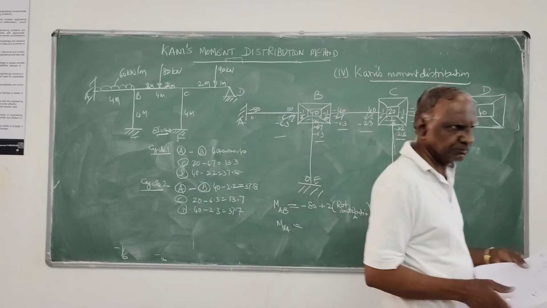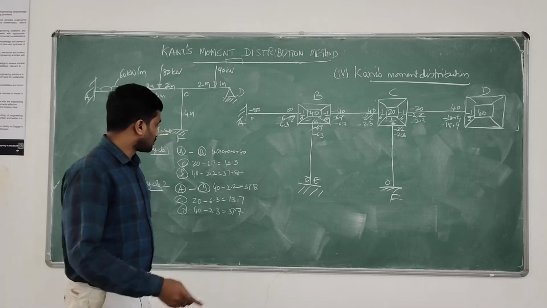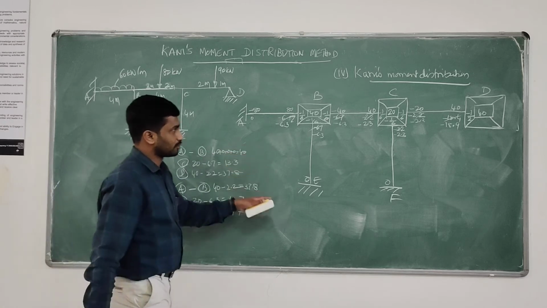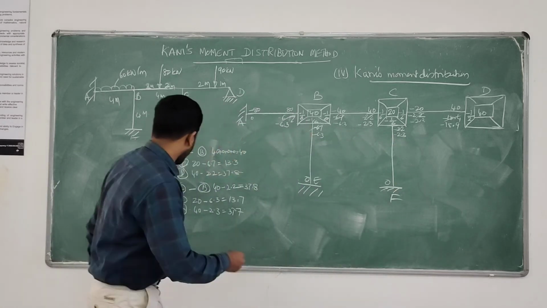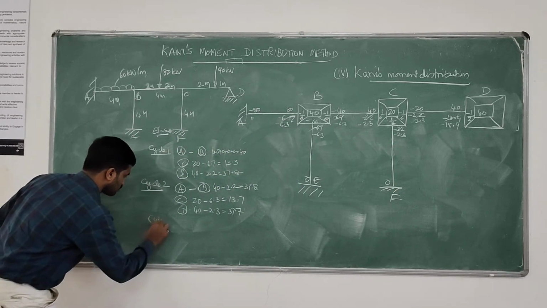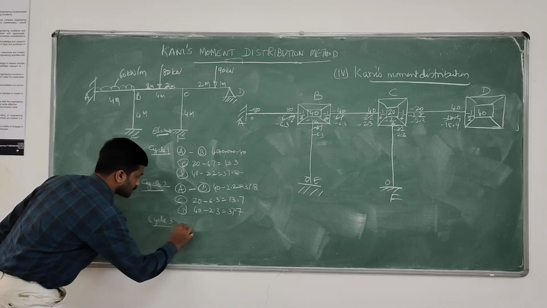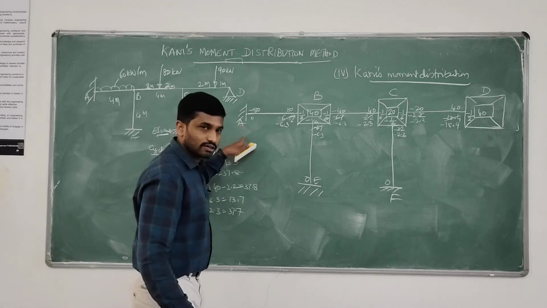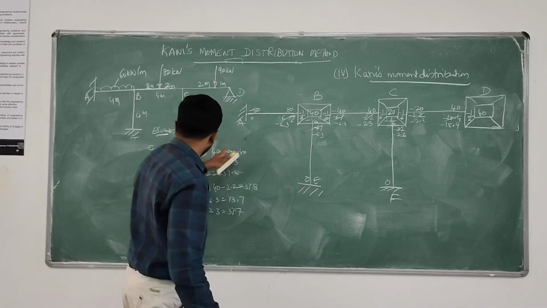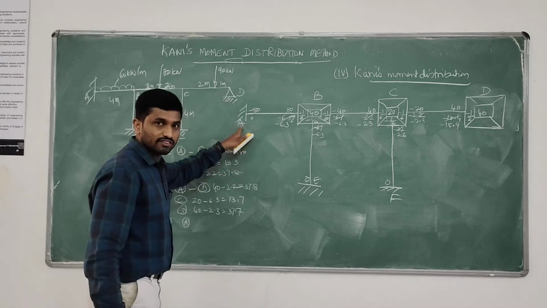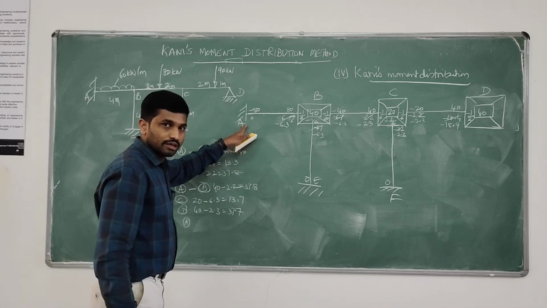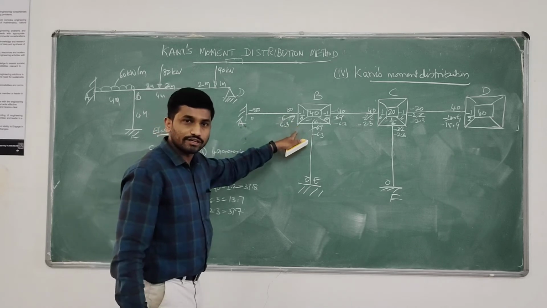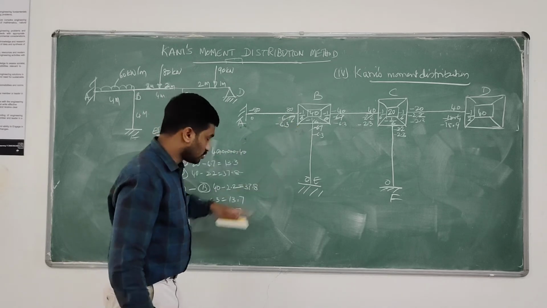So we started cycle 3. Cycle 1 and cycle 2 are over here. Now we move on to cycle 3. In cycle 3, the joint A is fixed, so we don't want to carry that particular thing. A is 0 because of fixity. Now this joint B is a continuous joint, hence we have to evaluate. So at joint B,